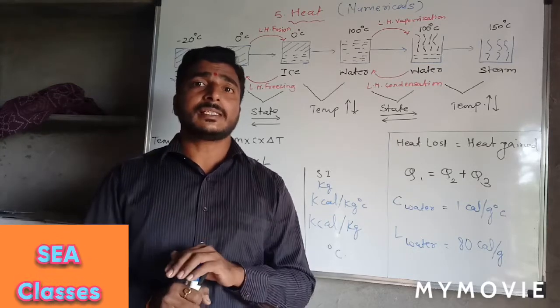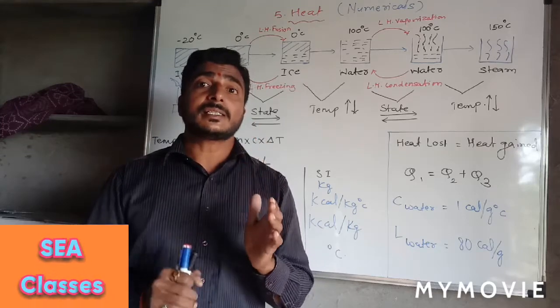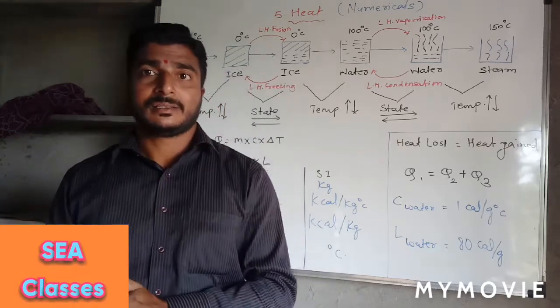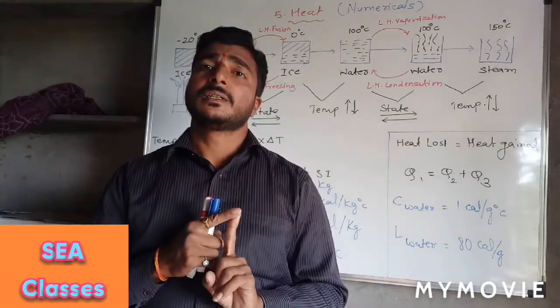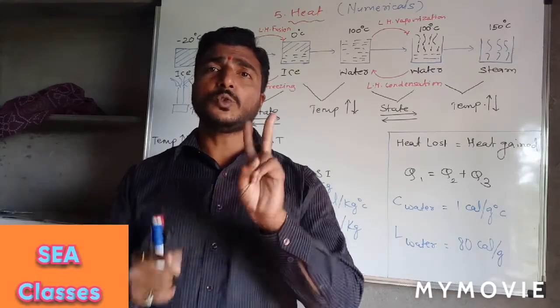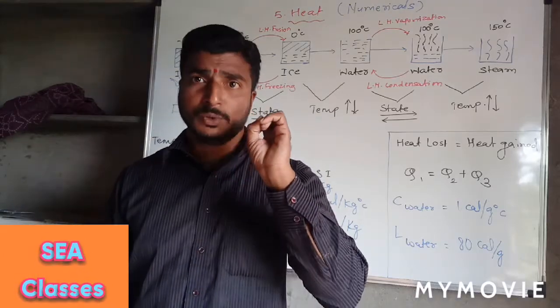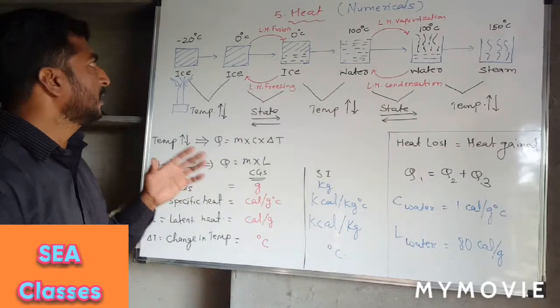Or we can also see that when heat energy is given, the object has a change in its state. Either the temperature of the object changes or the state of the object changes. These two factors are definitely happening with the object when heat energy is provided to it. So we are going to understand here how it is happening.